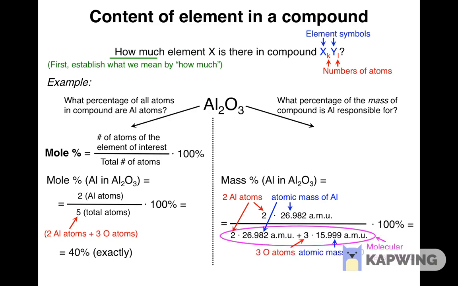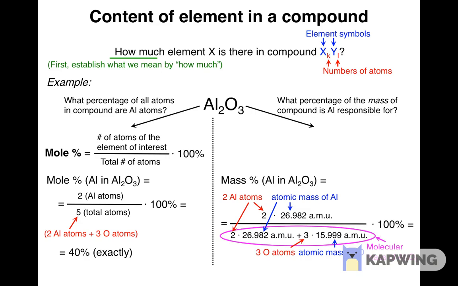In the periodic table, we can find the atomic mass of aluminum, 26.982 atomic mass units, and the atomic mass of oxygen, 15.999 atomic mass units. The molecular mass of aluminum oxide is then 2 times the atomic mass of aluminum,